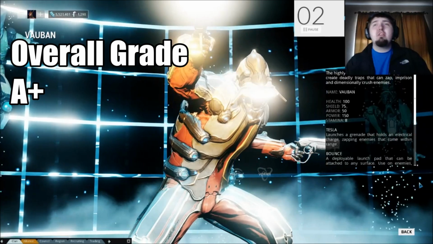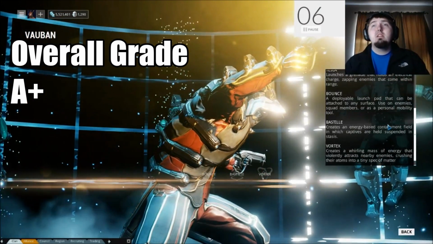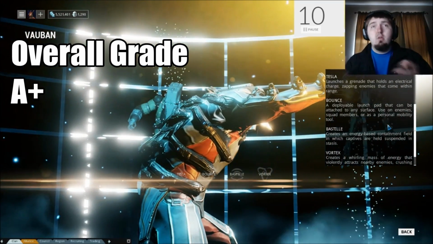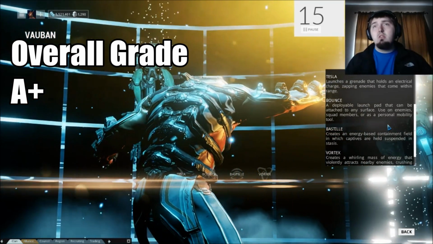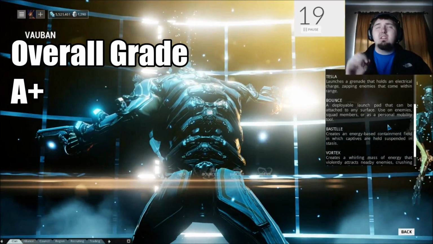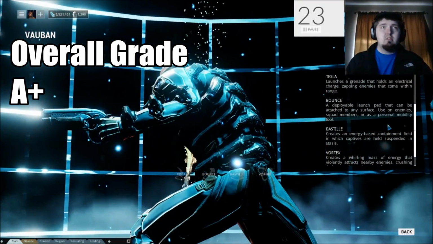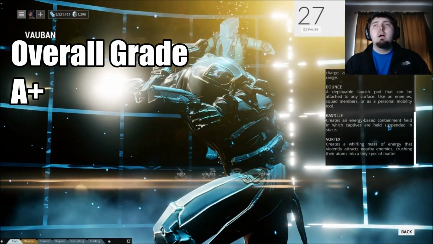Vauban, another one of those crowd control masters as it happens, but for only 2 reasons. Bastille and Vortex. Tesla, which we'll touch on a little bit, is okay at low levels, and it's a little trap that zaps over and over, and can insta-kill low-level enemies. It's quite useful. His 2 is more of a toy than anything else, but can help players that are maybe less skilled get to areas that are up higher that they may not be able to get to without more